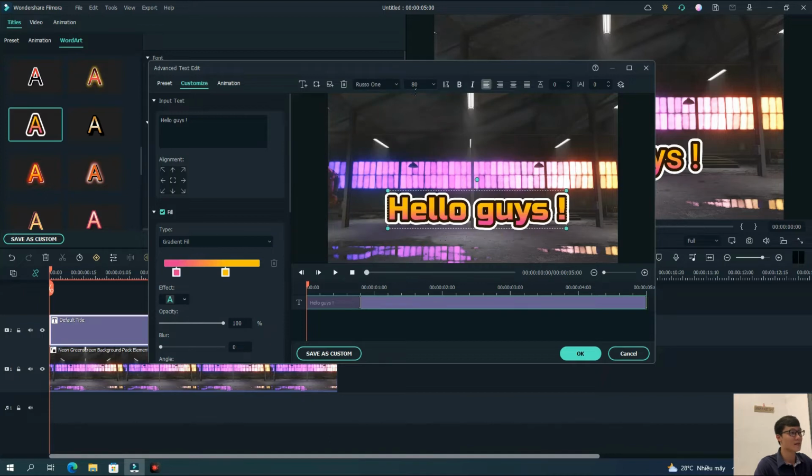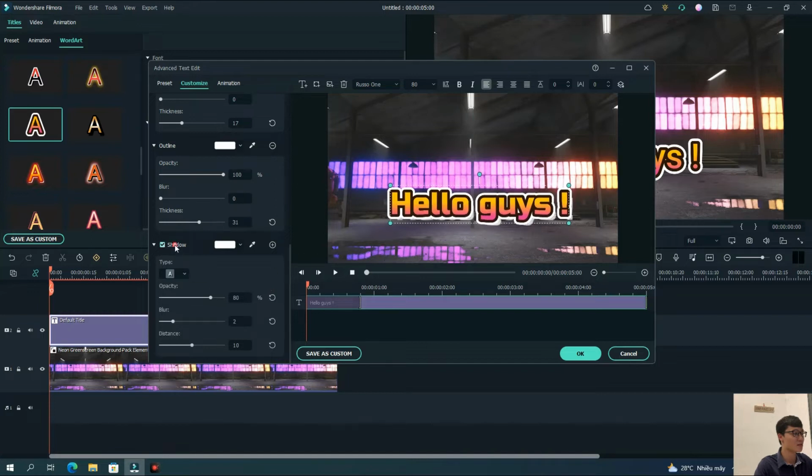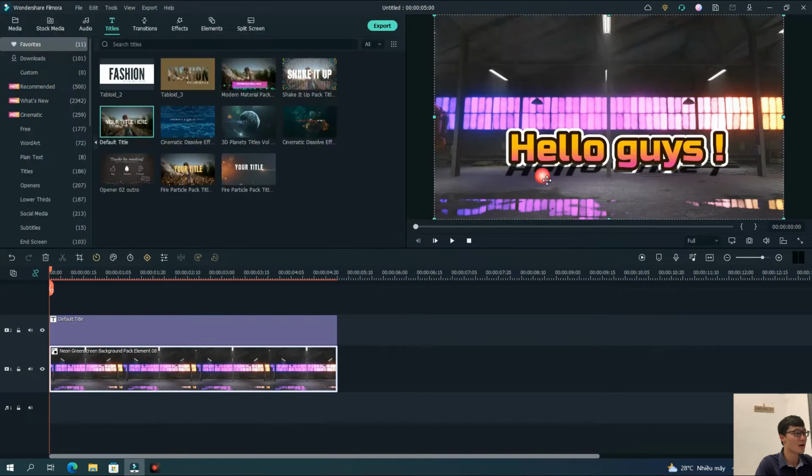So after that, I adjust the font a little bit to fit well within the screen, and then make a shadow. Shadow is easy. I choose this one, and then I choose black, right? You see that? And with this you can increase or decrease to make it fit, right? So when I'm done with the title, I just click OK, and you might wonder,